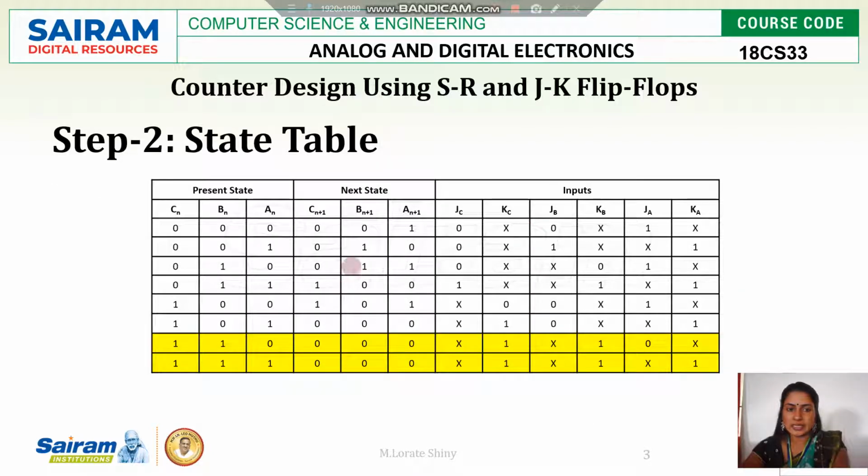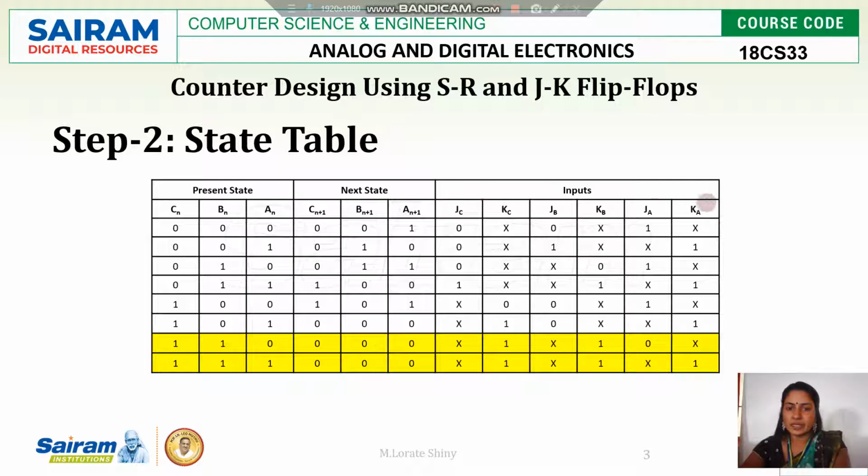Let's see how to mention that in the state table. After present state 0, next state will be 1. If 1, then 2; 2 means 3, 3 means 4, 4 means 5, 5 means 0. 6 and 7 states are not there, so for those we have to put 0 according to the question.